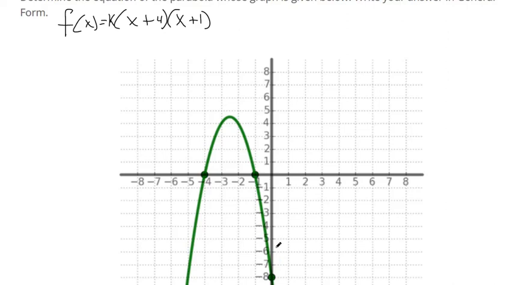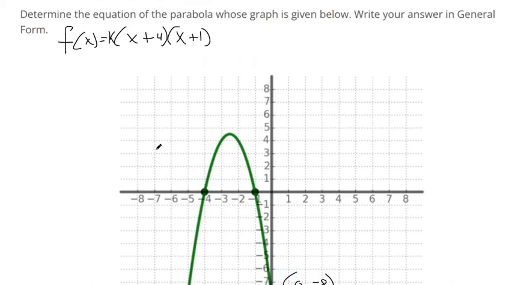And so to make that happen, let's plug in this point. This is at 0 on the x, -8 on the y. So I can plug in -8 in for y. We don't know what that k is yet. We're about to solve it. We can plug in 0 in for x. So if we simplify,